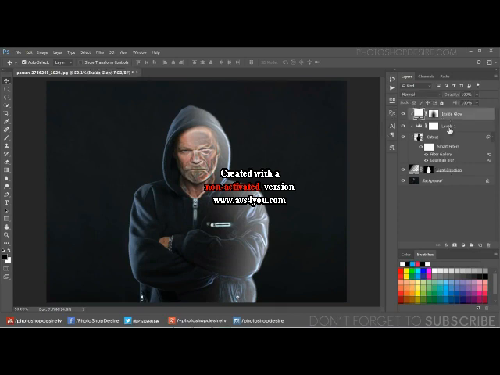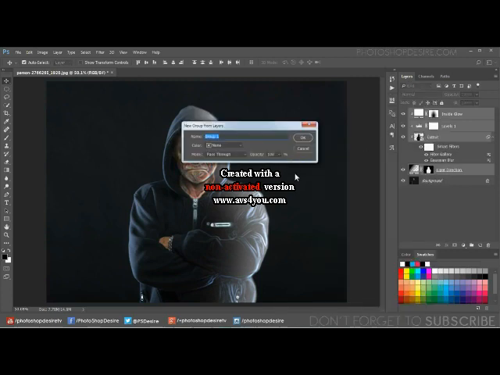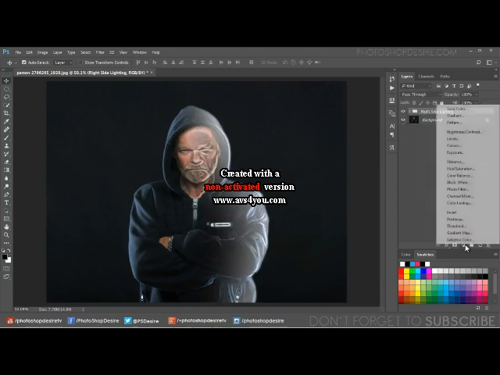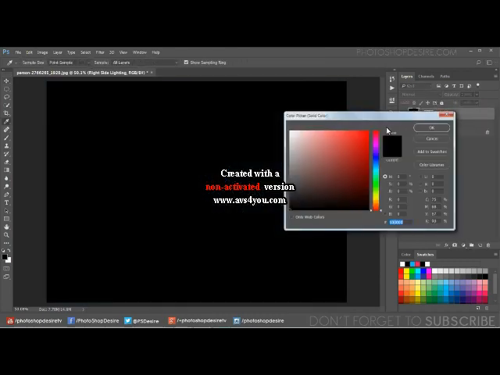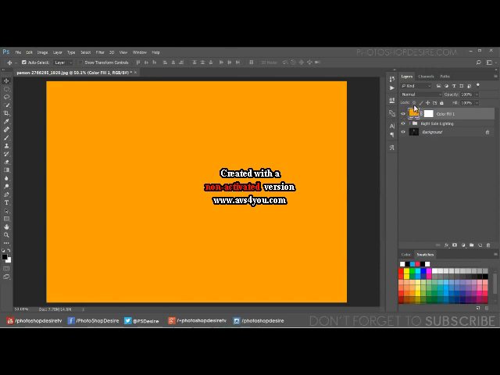Now group the top 4 layers and name it Right Side Lighting. We will add color to the light now. Go to Adjustments and add a solid color of your preference. In this case, I will choose yellow color. Change the color fill layer blending to